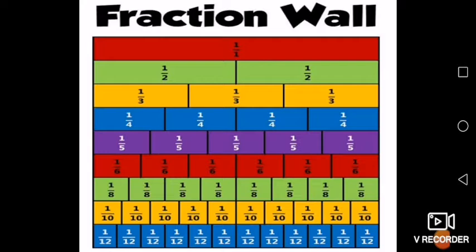This kind of activity we did yesterday, where there was a comparison of 1 by 2 and 1 by 3. If you can see the 1 by 2 portion of one strip and the 1 by 3 portion of the second one, then you can find out which is greater, 1 by 2 or 1 by 3. Correct, 1 by 2 is greater. So what have you concluded from this fraction wall? Have you summarized anything from this fraction wall?